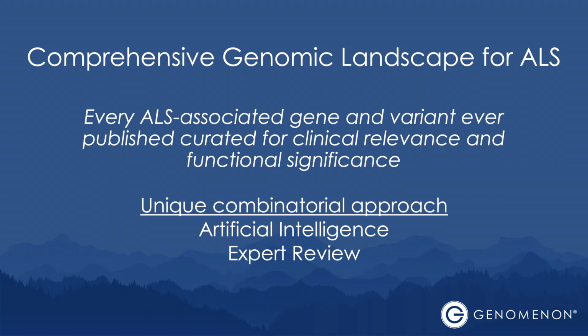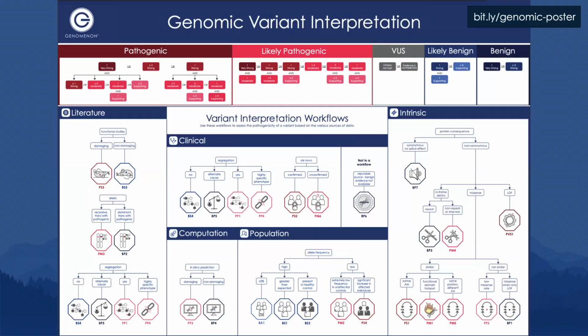The way that we produce these data sets is through a unique combinatorial approach that first leverages artificial intelligence to organize, annotate, and queue up all of this evidence very comprehensively, very sensitively across every paper ever describing any ALS patient. And then following that organization of evidence with an expert and expedited manual review that allows us to do this comprehensively and in very short order, in this case, in a matter of a few months. Just a little bit more detail about that approach,